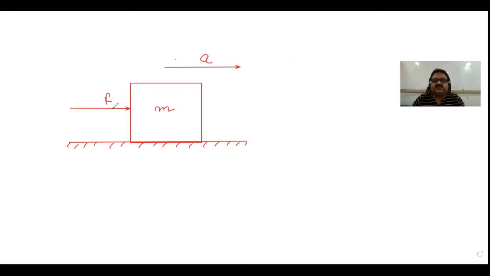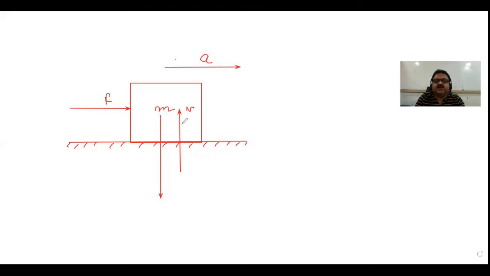Now look, these external forces are already shown here. Another external force is the force of gravity, which is acting downward. Because of the force of gravity, this mass is compressing the surface in contact in the downward direction, as a result of which the surface in contact produces a reaction force on the body. Let us write this as N. And assuming the surface of contact is completely smooth, we are not going to consider any kind of frictional force in this case.